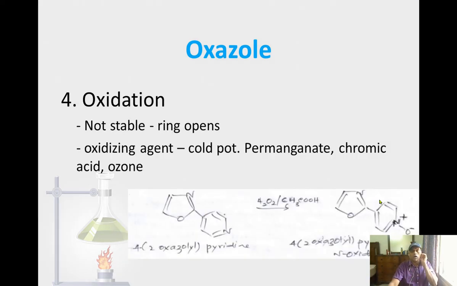The next one is oxidation reaction. What is oxidation? As we know, wherever oxidation takes place, reduction also takes place. Oxidation and reduction take place simultaneously. That's why we call them redox reactions. But why are we saying only oxidation here? It is in relation to the compound we are talking about. We are talking about a heterocyclic compound here. The heterocyclic compound is going to get oxidized. In this case, that's why we are calling it an oxidation reaction.